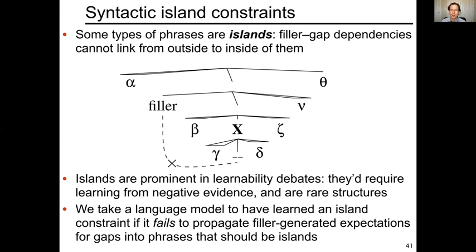So as you saw before, we can measure the expectation for a gap that is generated by a filler by the WH effect, which shows up in being surprised when you encounter something where you might expect a gap to occur, and conversely being less surprised when you skip over a gap when it ordinarily couldn't occur. And whatever that sensitivity is should be turned off in the same way that having the gap above the filler should turn it off. So let's see if this happens.